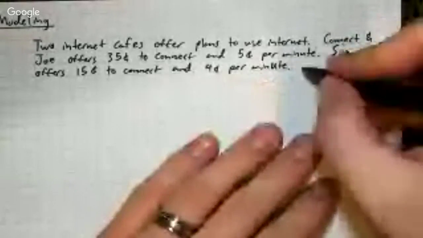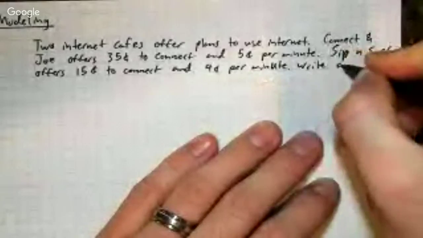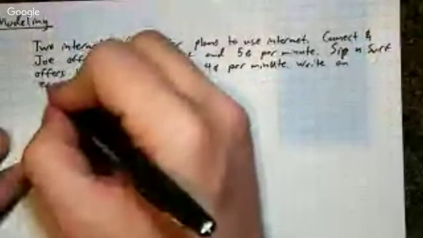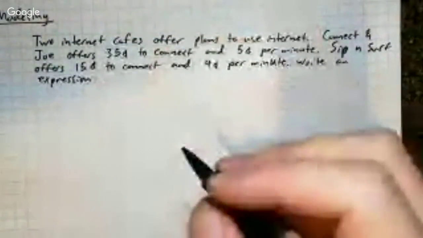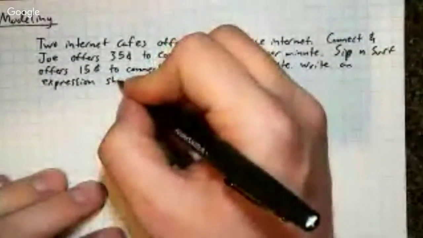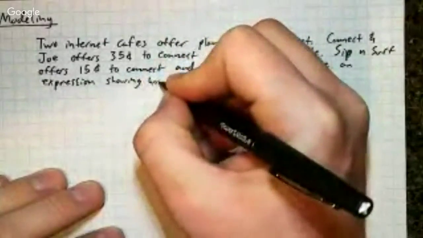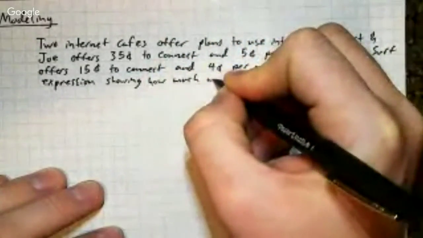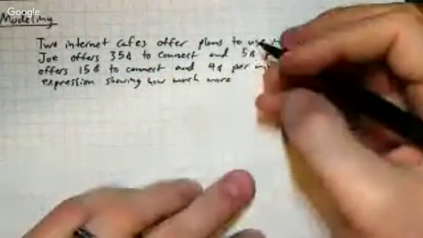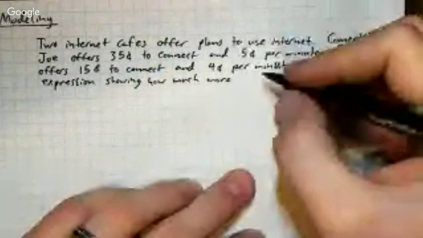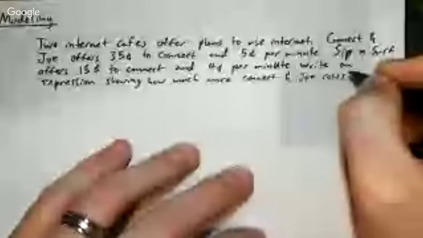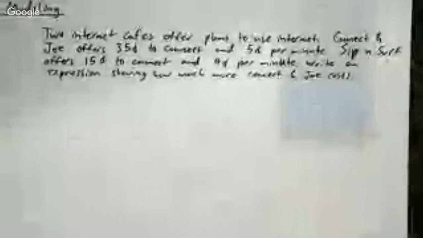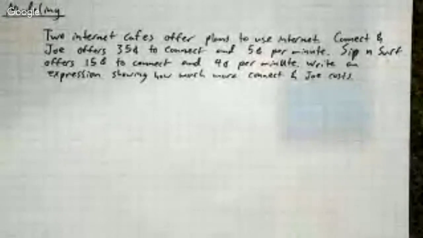What we need to do is write an expression showing how much more Connect and Joe costs. Okay, so you will get a question just like that that has some information in it, and you will